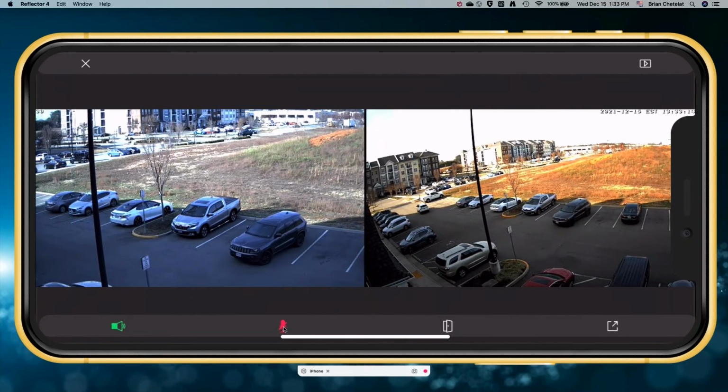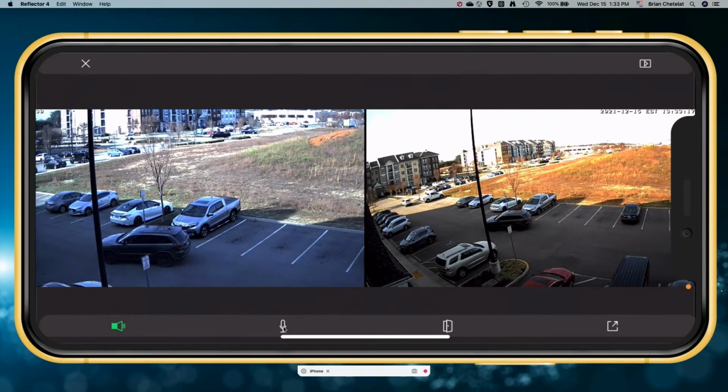I can unmute myself just by tapping it again. If it's red with a line through it, your end, the user end, we'll call it, is muted, but the mic out at the camera is still open. So again, just letting you know that so you don't get yourself in trouble and somebody hears you talking about something and you didn't realize what you've done.